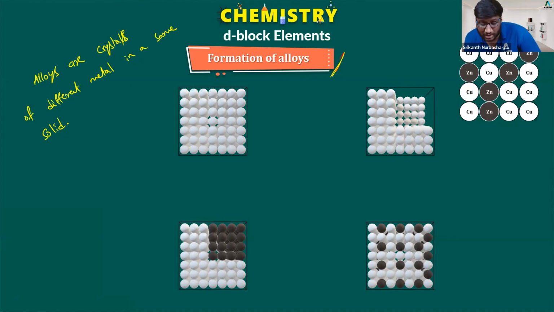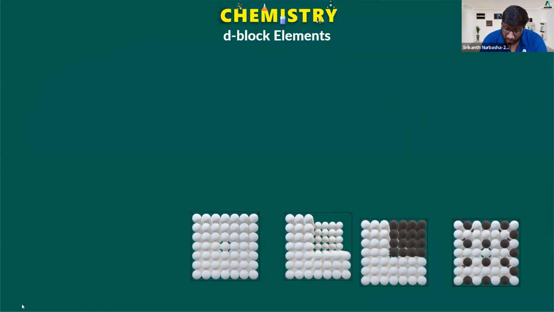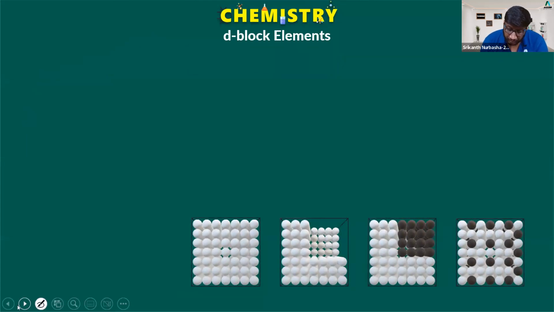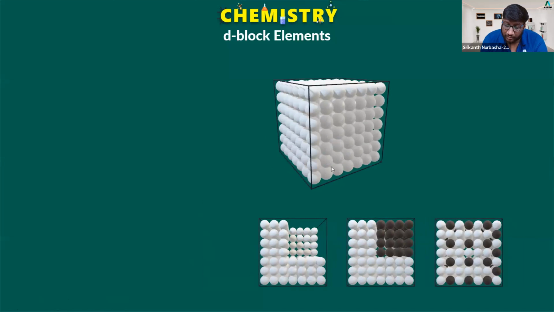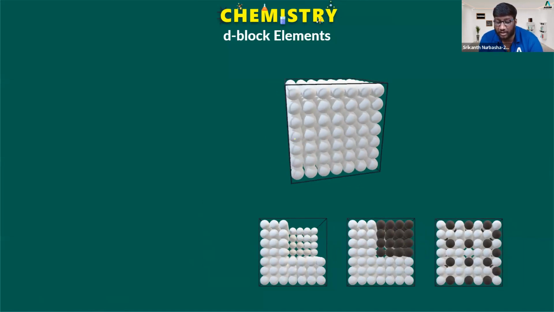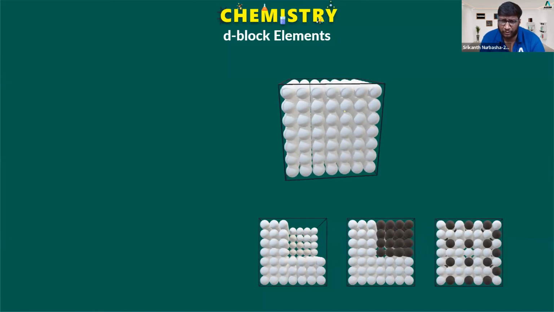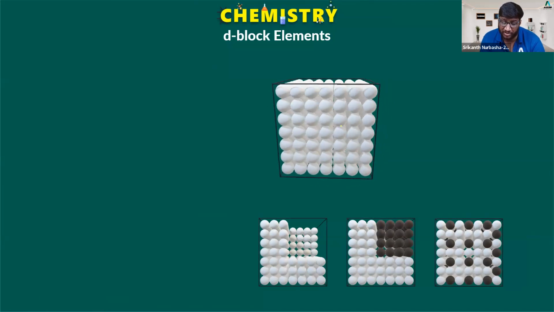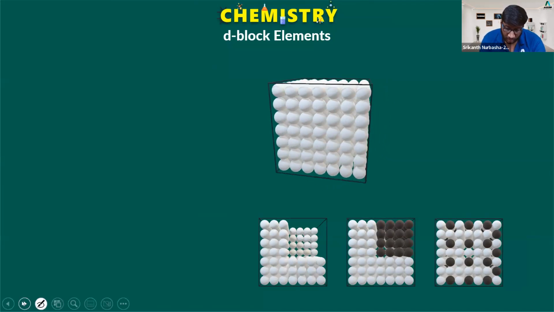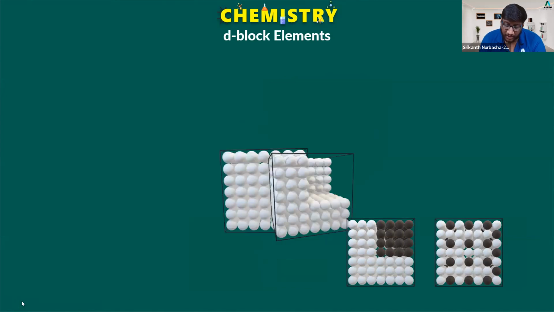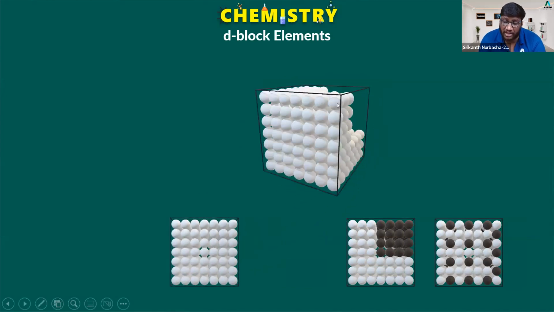You can just look at the crystal lattice structure of one particular species. So the white colored spheres you can imagine as copper, and the other color is zinc, a black color. You can have a metal like this. Yes or no? You can have a crystal structure like this. This crystal structure will be completely extended throughout, where all the copper atoms or copper ions are present at different crystal lattice sites. Some of the coppers can be removed from some part of the crystal lattice sites.